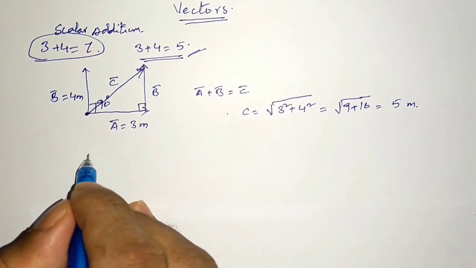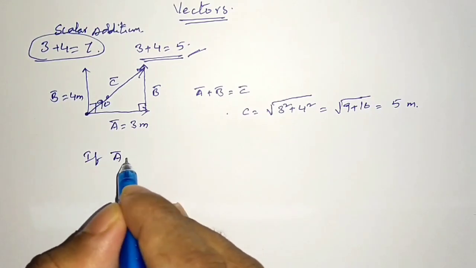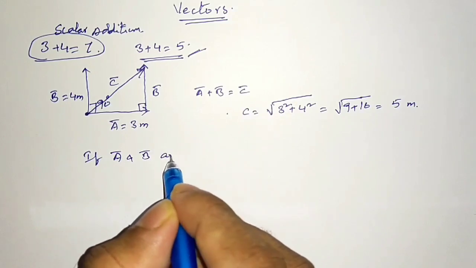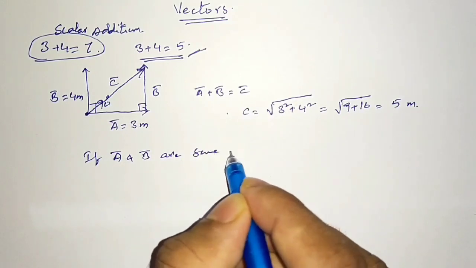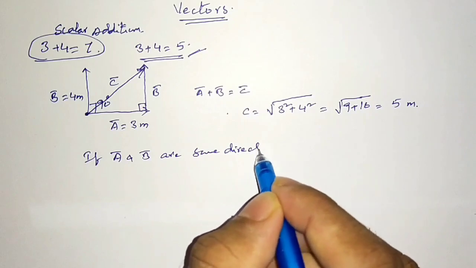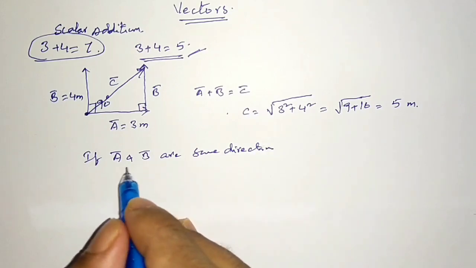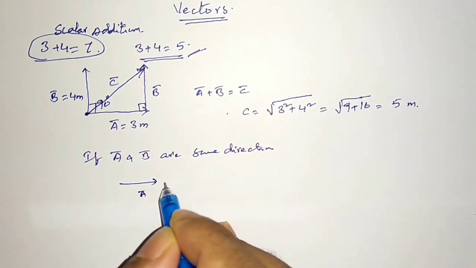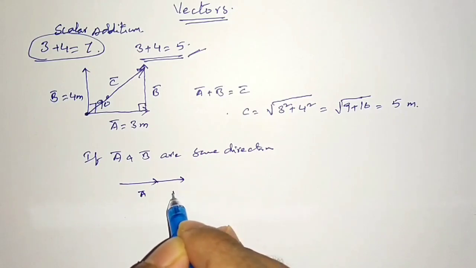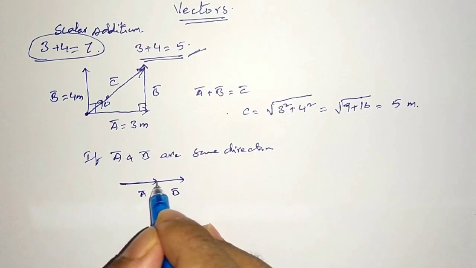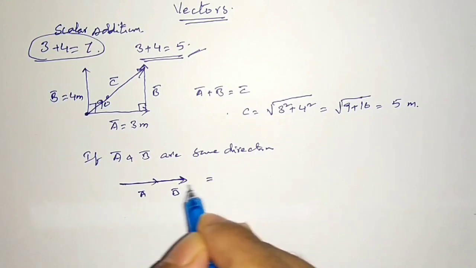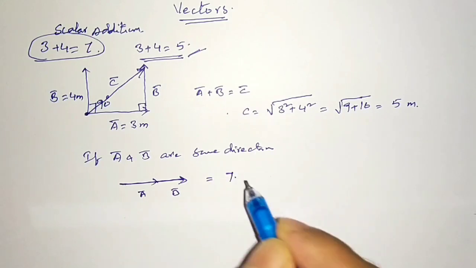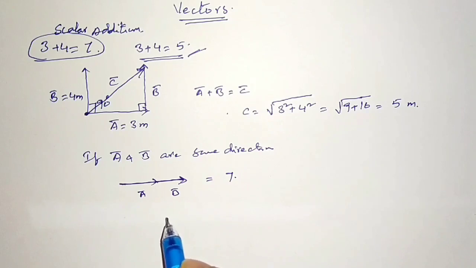Understood? Right, here let us see, if A and B are in the same direction, then what is the sum of these two vectors? This is A and this is B. Then what is the sum of these two vectors you are going to get? That is simply A plus B, that is 7. Right? So if they are in opposite direction,